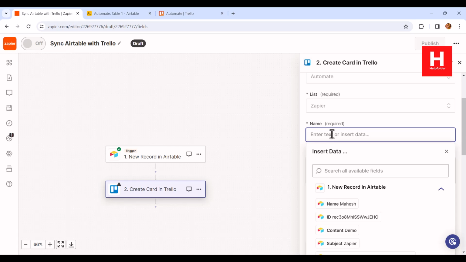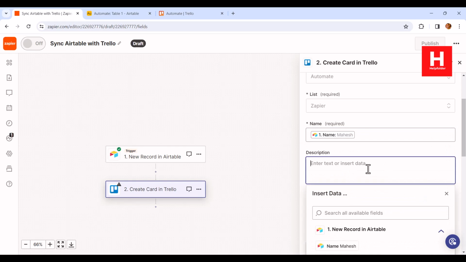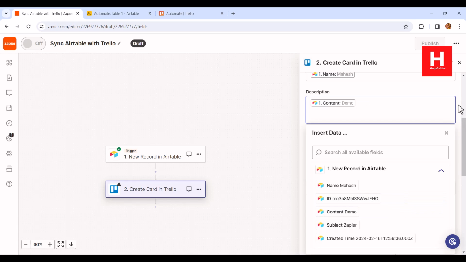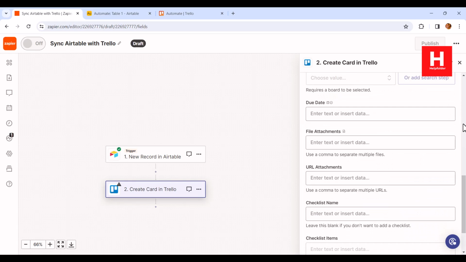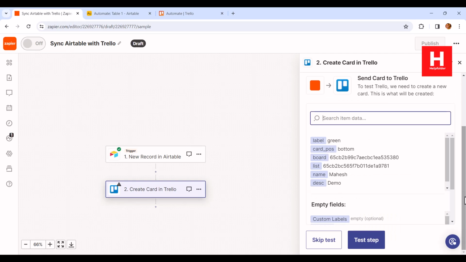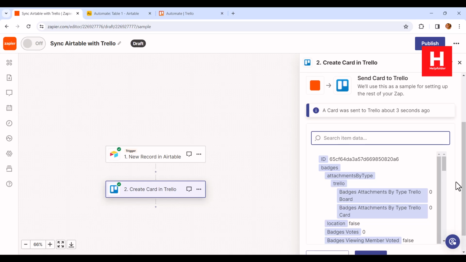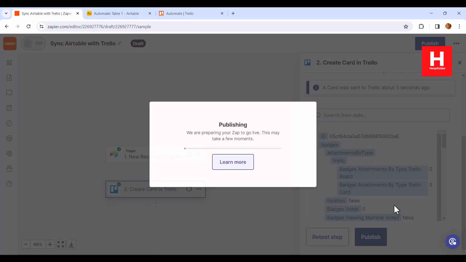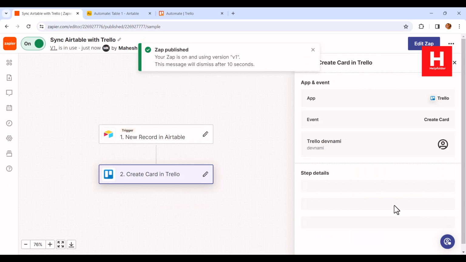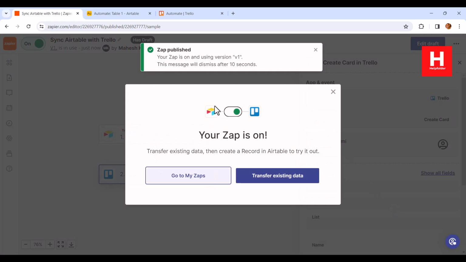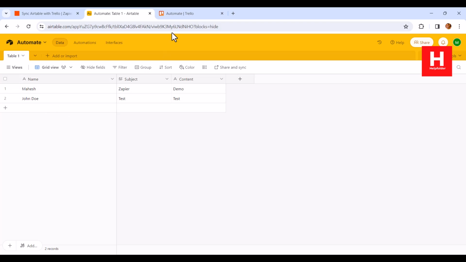Here we have to choose name as name and then description as content, right? With these two things added, we are ready to continue to the next step. Test this out and then you can finally hit publish, right? Once that is published you are good to go,